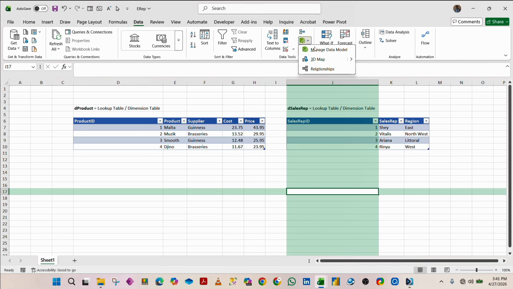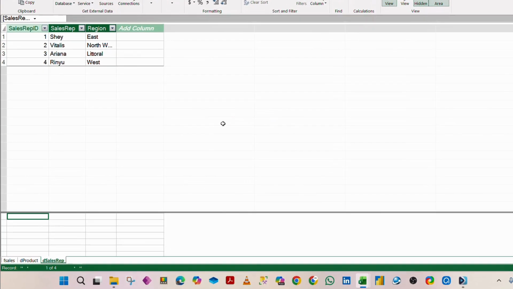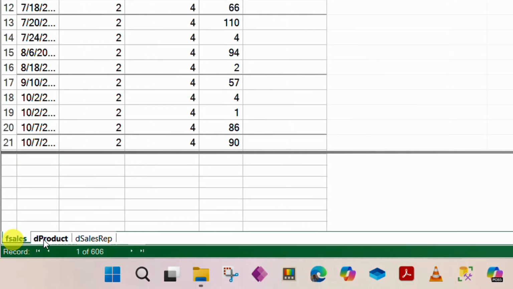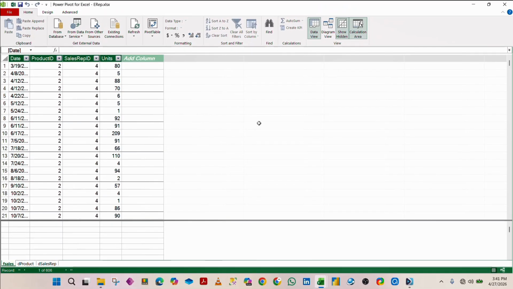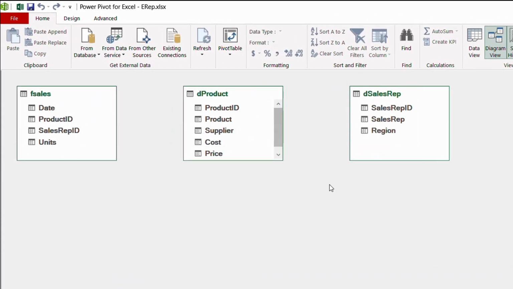So if I come here and then manage data model, we'll be able to see our three files here. This is our fact sales. This is our D product and D sales. We can then go to the data model view, where we will see we now have to create a connection